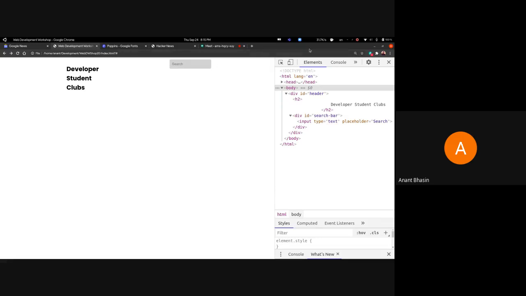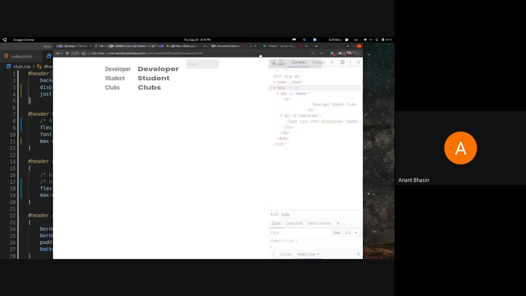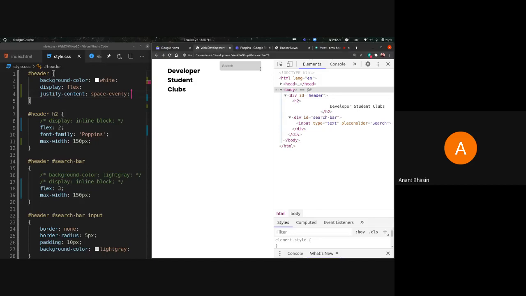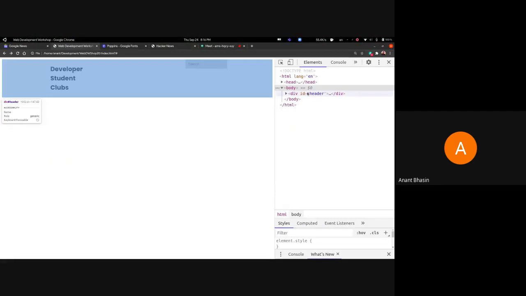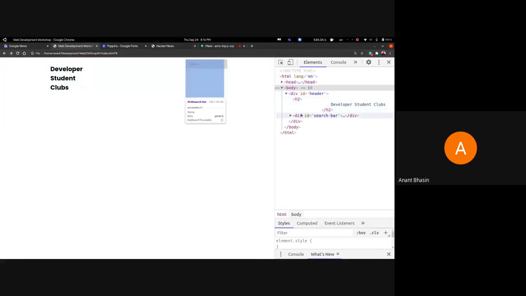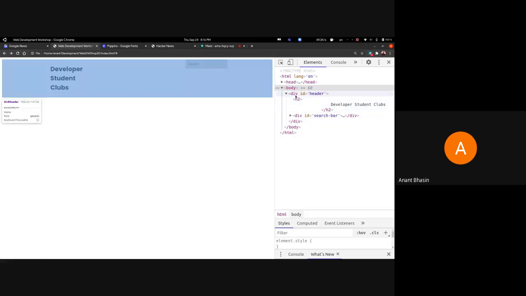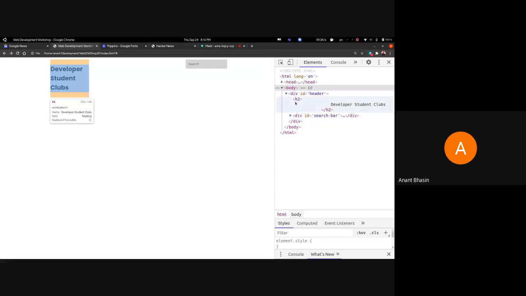Now the others should be self-explanatory. If you do space around, they'll basically be centered, I believe. So space around. Okay, not exactly. They're taking space themselves, and they're given space around as well.